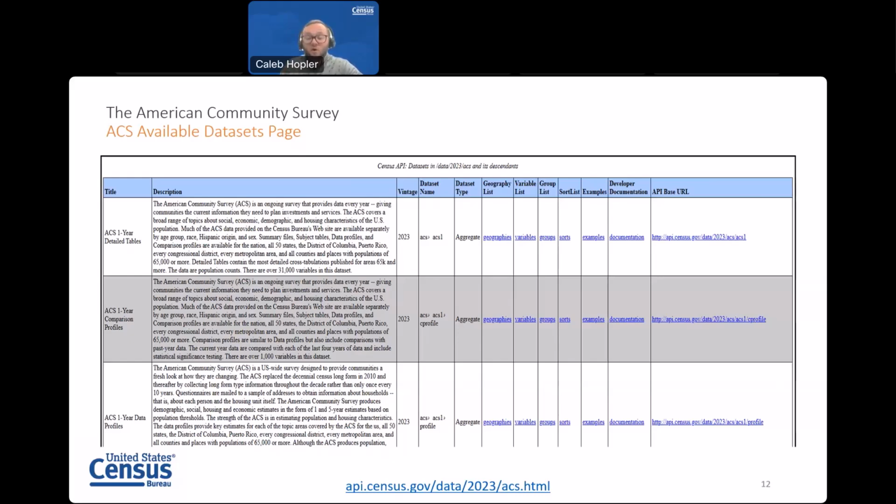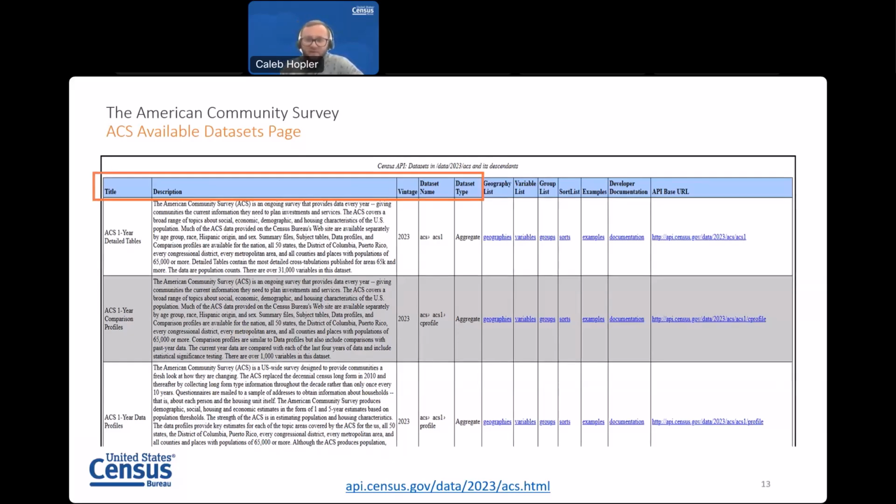So for my section on navigating the Census Data API, I'll be following this page from left to right. This is commonly used by developers for guidance on building their API queries. Then I'll explain the components of an API query.